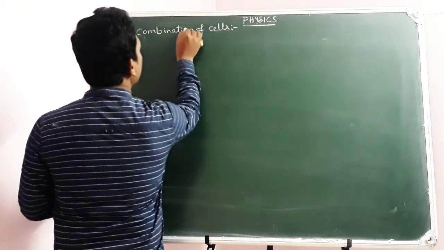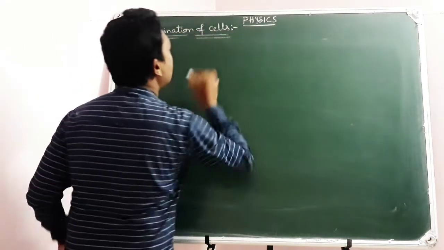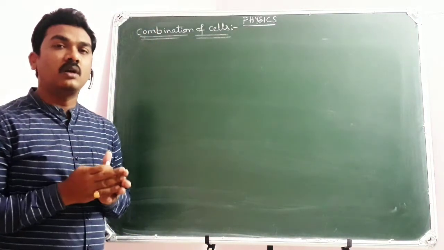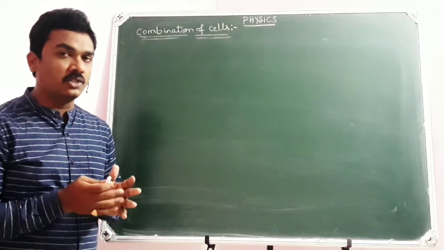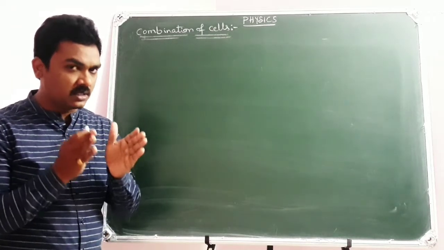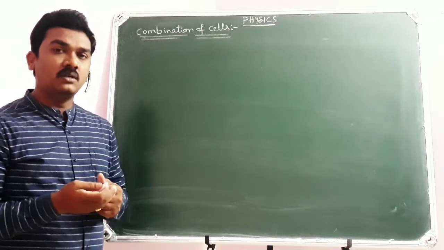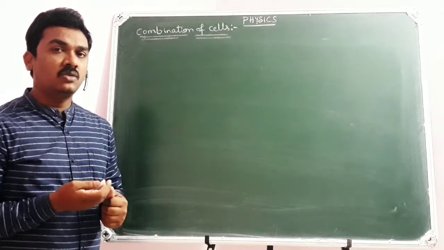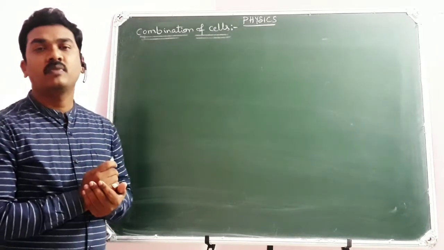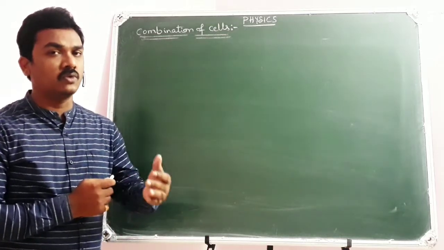You know that already a cell is a device that has a constant potential difference across its terminals. On converting chemical energy to electrical energy, it will be able to maintain a constant potential difference across its terminals, so that it does the work to keep the electrons in motion through the cross section of a conductor when the conductor is connected across the cell. Of course, that work done is defined as EMF, electromotive force.